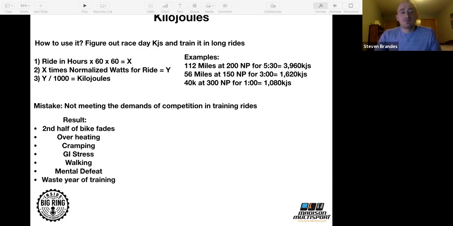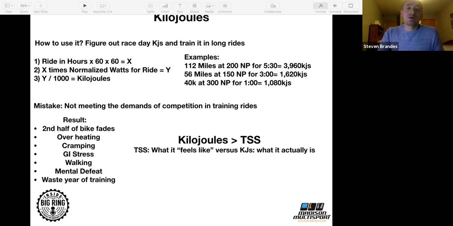Any of us wasted a year of training, or however long that you've been training for, that you haven't put in the time and you haven't put in the work required to be successful on race day. And some of it's just not even knowing. This is why you're here, to learn, and just make sure that those long rides count. Do the math, figure it out. This is the beauty of having a power meter.